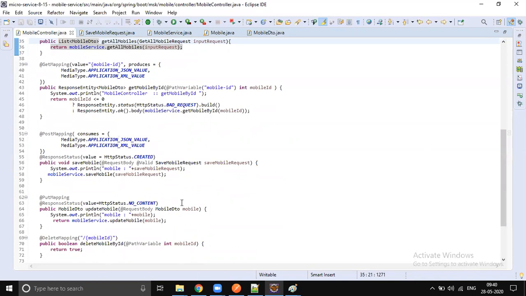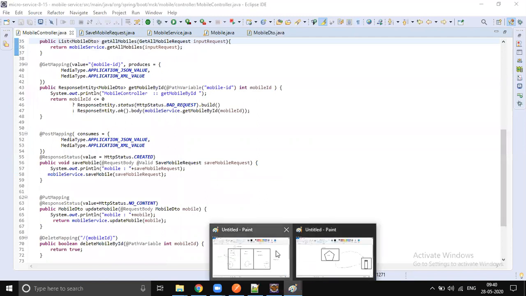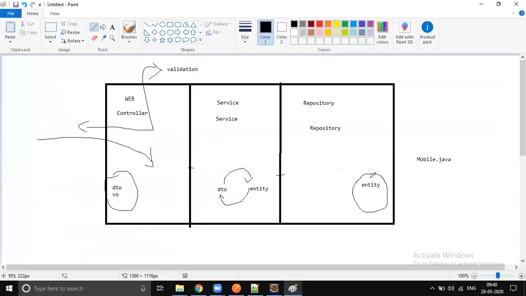So the controller doesn't know any class which is related to the database. You should also do the same thing, right? We already discussed, we have different layers. The entity class is not supposed to be used in the web layer, because there might be some secure information while we are interacting with the database. You're not supposed to give that secure information to the client. So we should have a clear separation. In our controller class web layer, we should use DTOs and VO. In our model repository section, we should use model or entities.